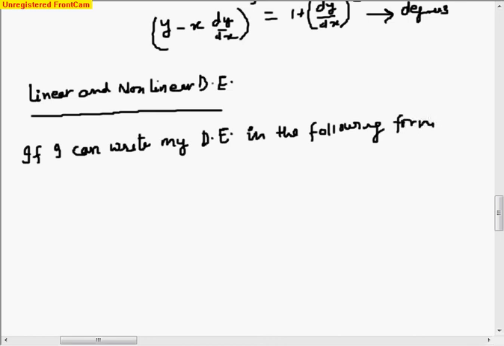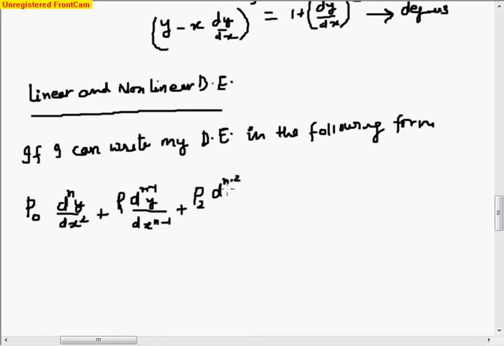Some coefficient times the nth derivative, plus some coefficient times the (n minus 1)th derivative, plus some coefficient times the (n minus 2)th derivative, and so on, up to some coefficient times y, is equal to q,